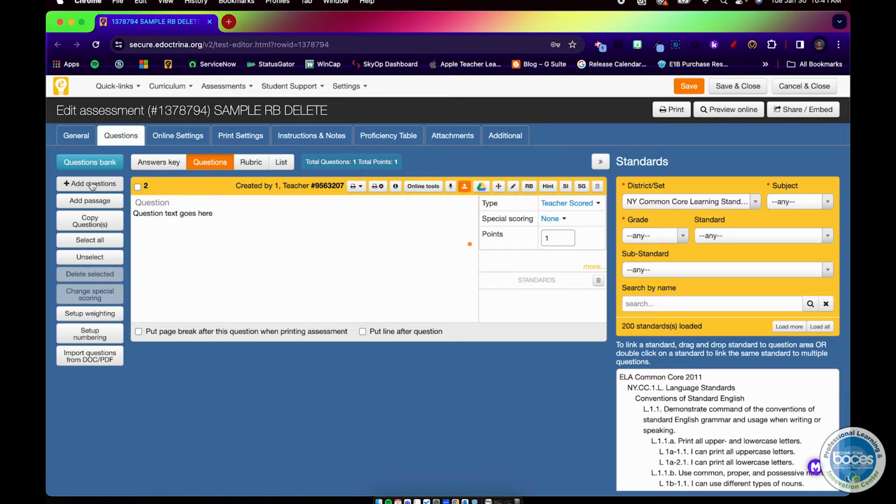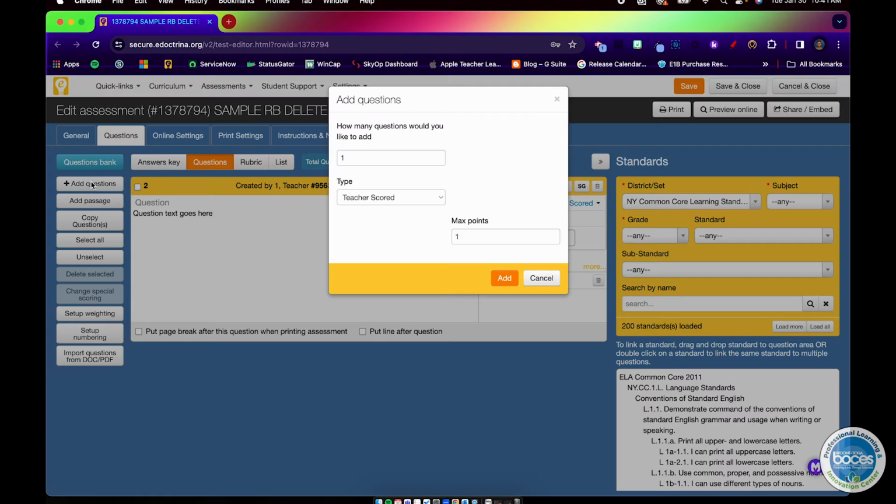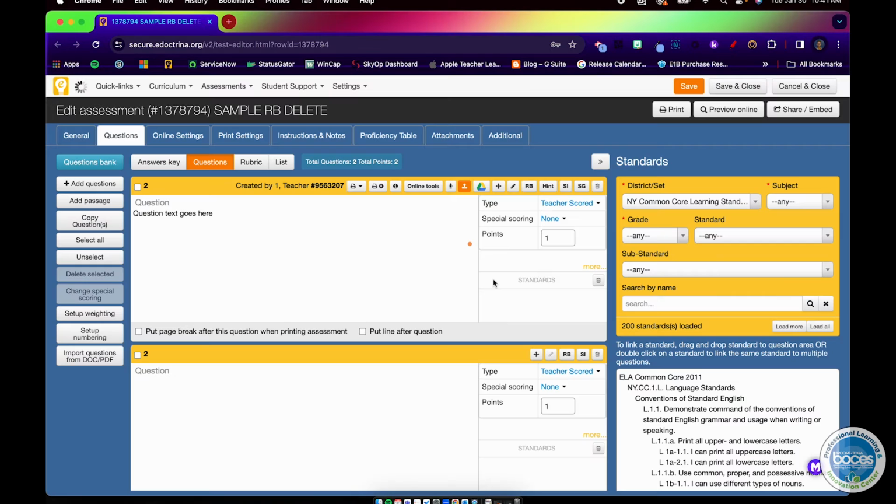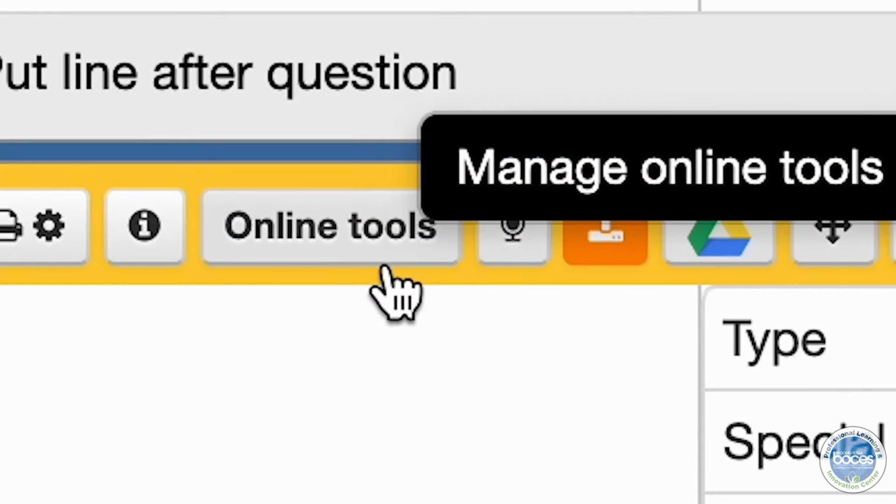First thing, if you're not familiar, over on the left-hand side, we want to add a question, and we want to make sure that it is a teacher scored question, because that's what we need for the state assessment tools to show up. And I'm going to add that. Here's the important part. See all these little buttons that are up here on this question, but the question I just added, they're not visible yet? If that happens, you just need to click into the question space to get the text tool, and then it'll appear. You might be able to refresh the page as well,